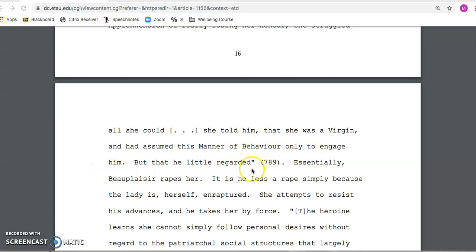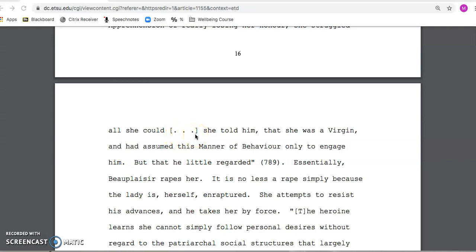That he little regarded. So what the student has done here is introduce the idea that the character is raped in the scene, and then pulls a quote from the actual text to demonstrate that that is in fact the case. And you'll notice here the student uses this...